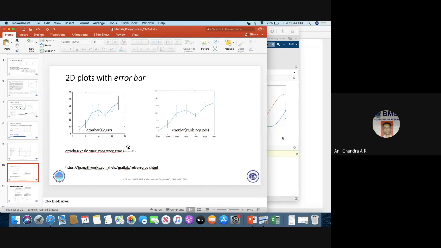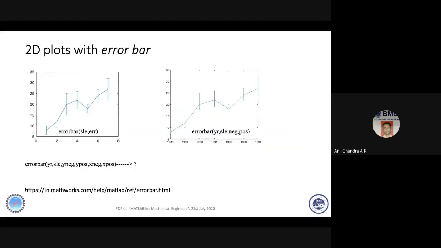Now, this is very important: how to plot with error bars, because I often see, especially in project reports and presentations, that error bars are not indicated. It is not permissible to accept such work, because error bars indicate how many trials you've done, what the scatter in the data is, and how you have fit the curve.